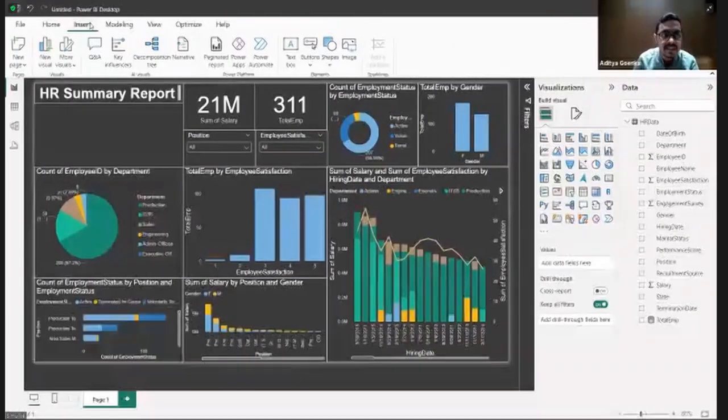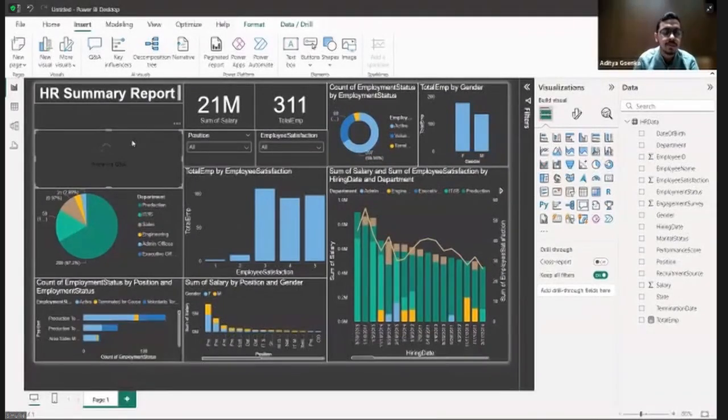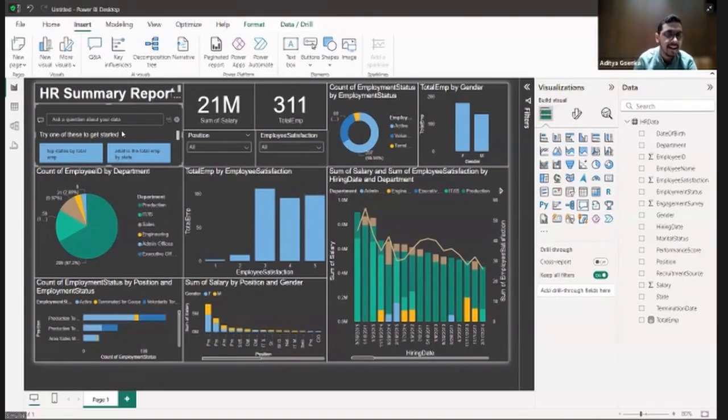Simply go to this Insert tab over here. Once you go to this Insert tab, do you see this Q&A button over here? Yes. Okay, so click on this Q&A button. Once you click on it, you can reposition it. I'll position it over here, the only blank part of my canvas so far. This is a Q&A box, and this is powered by AI.